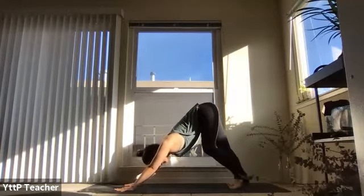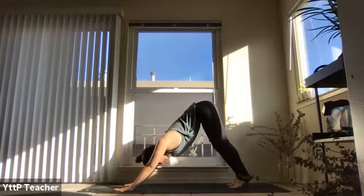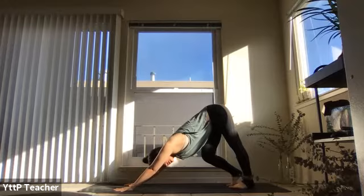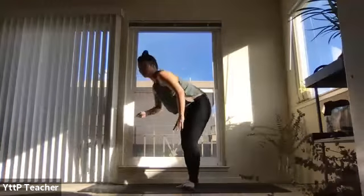You can pedal at your feet one at a time, bend the opposite knee very deeply. And if you bend one knee, you can send the opposite outer hip higher towards the ceiling. Use your hands. So feel a little bit of a lateral stretch. And you can go back and forth. You might shift weight forward to upward push-up plank and go back to downward dog 2. Feel a shift in your energy as you go forward and back,